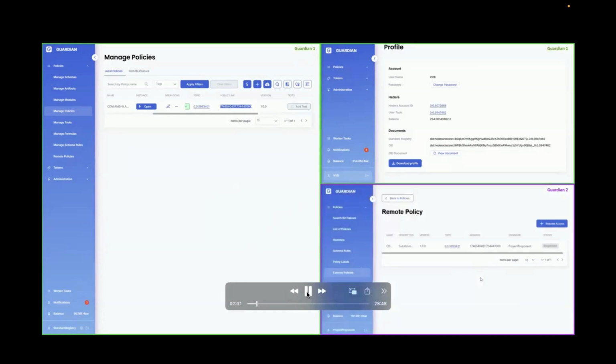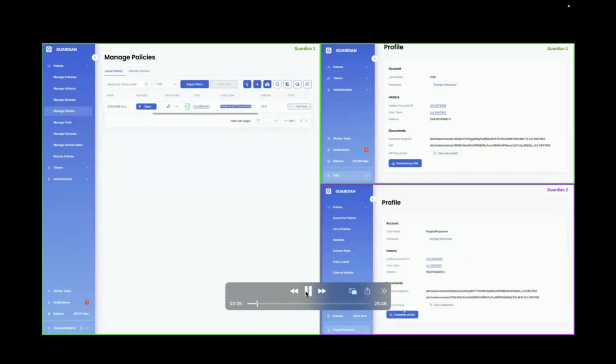So as you can see, now it's been imported, but it is currently in the external policies because this particular user hasn't received access to that policy, just imported. Now you can also download the profile of the user by clicking on download profile, which will have the .user extension. So once that is downloaded,